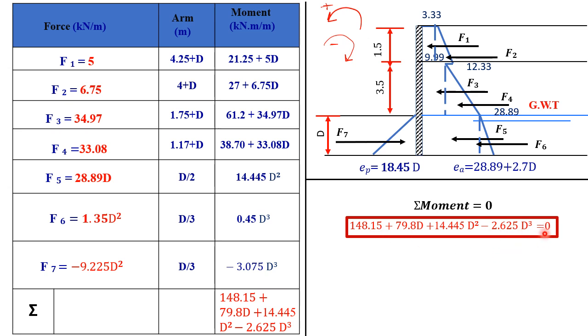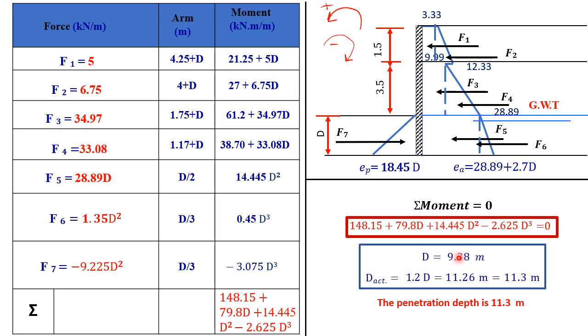Here this is a problem which has only one unknown. It's unknown only in d. So put this problem in your calculator and solve for d. And while solving for d, put a reasonable value to start trying with. So put penetration depths, for example, 3 meter, 4 meter, and your calculator will give you the answer for this equation. So my d value is 9.38 meters,